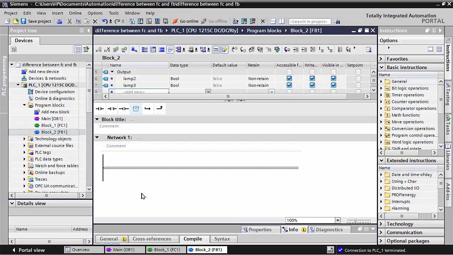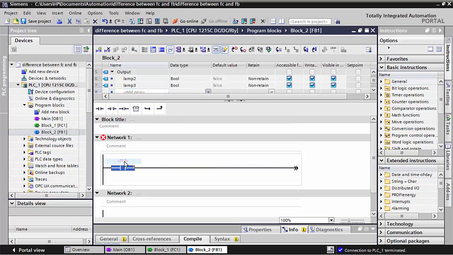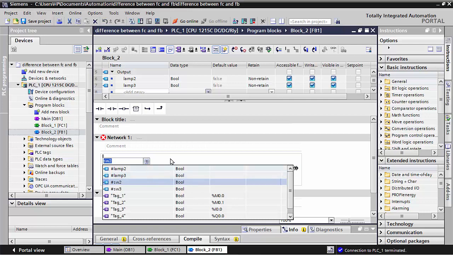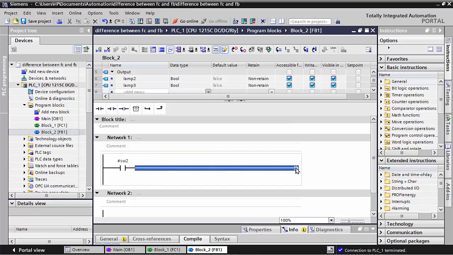This I used in this one. First I take it here SW2, and here for output I used lamp 2,